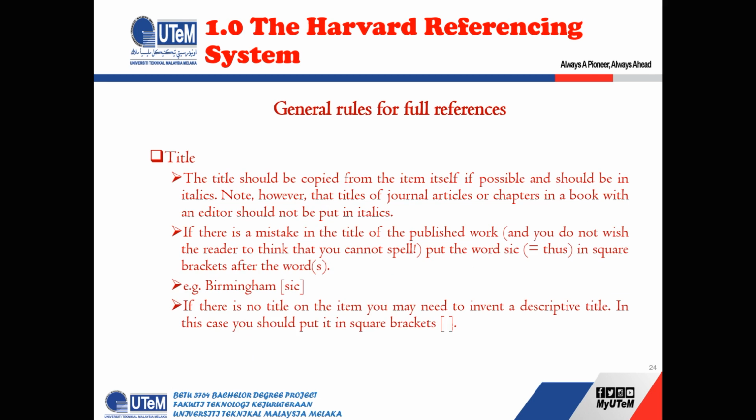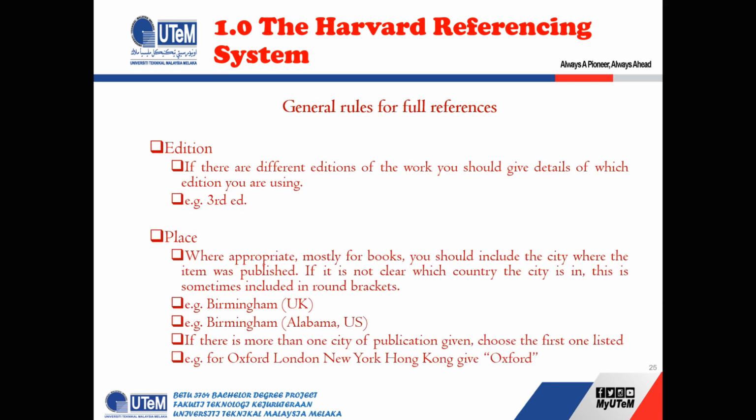Okay, similarly there are rules for the titles. I leave it to you to go through if you have something like this. But I will try to go through the examples so that it could be much clearer. Also, we have to put the edition for the book or the journal. Whatever we are going to cite, we have to put the edition if possible. If the book has multiple editions, we have to put whichever edition we are going to use in the reference, like third edition, fourth edition, or something like that.